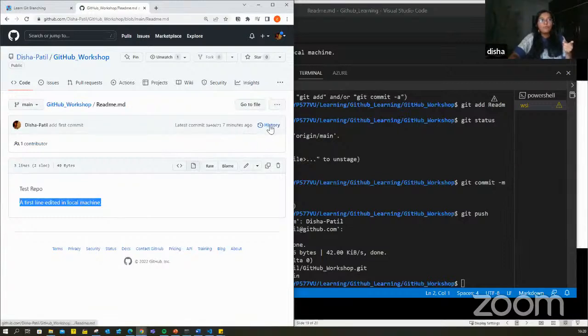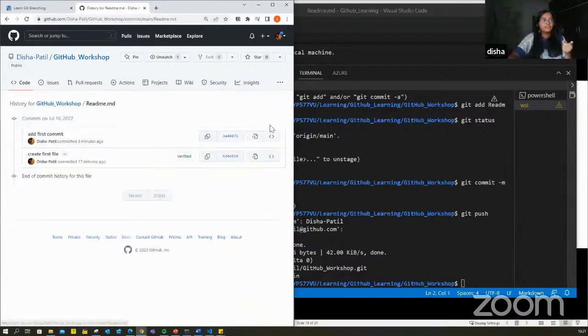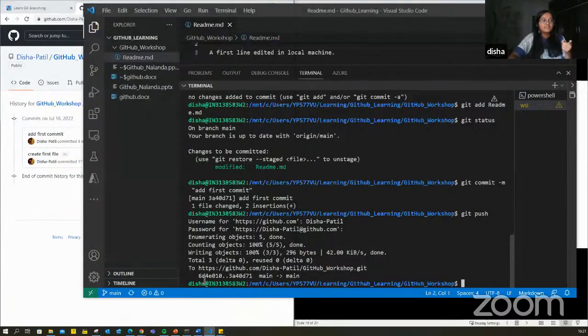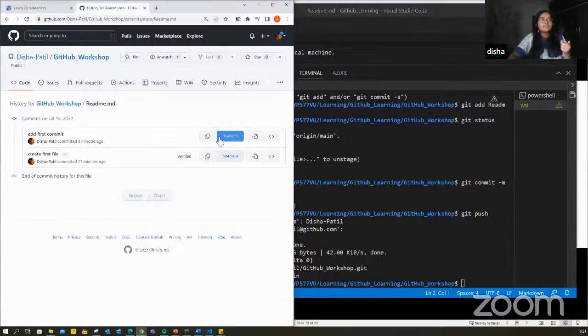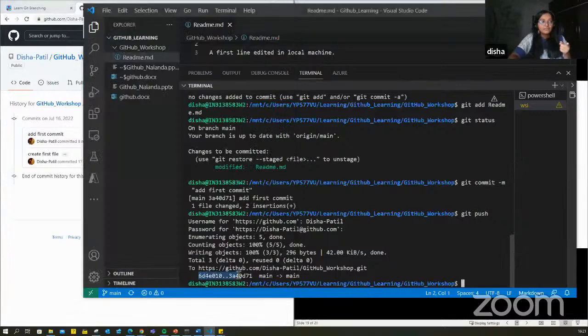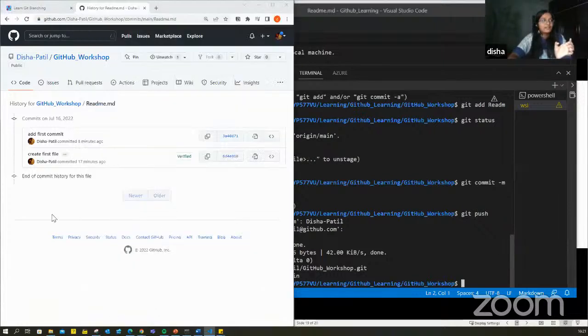I can go over here and check the history. Okay, so initially it was 6D4E01 and now it is 3A40. So this line over here is also telling me that this version is changed to this version now. Okay, if you can see over here,